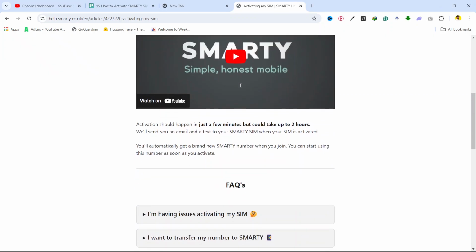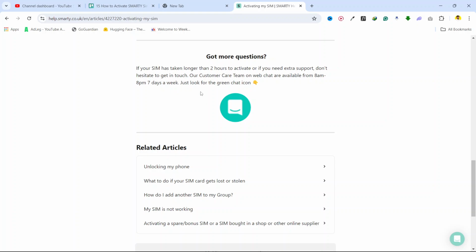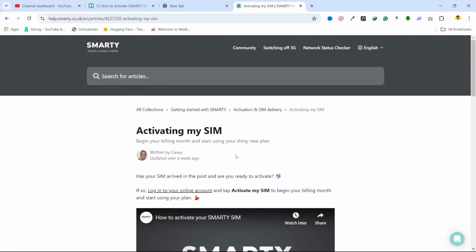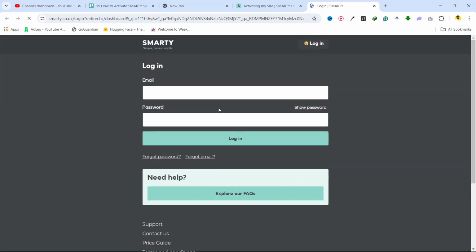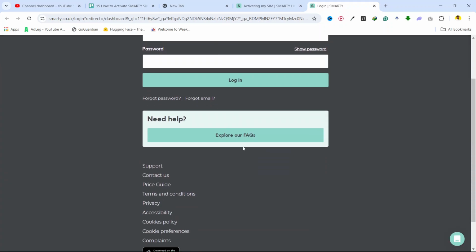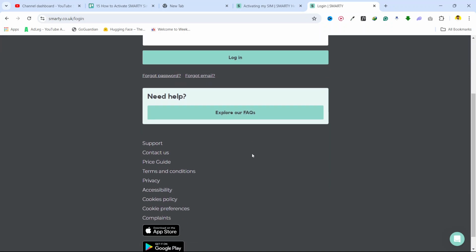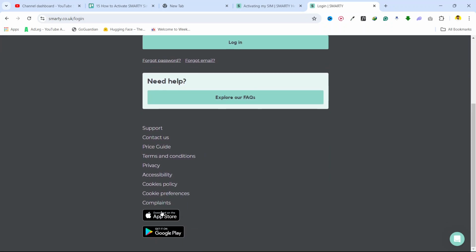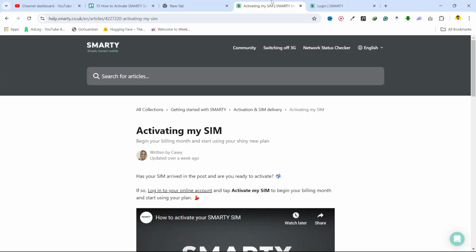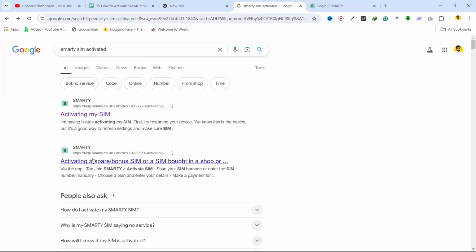Once you are here, you need to scroll down, and here you can see: log in to your online account and tap "Activate my SIM". So log in to your account, accept all cookies, and once you log in, you need to create an account and log in. Let me create an account here because I do not have one. Let's suppose you create an account, and after that